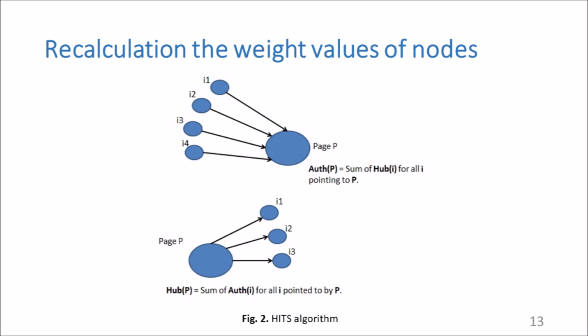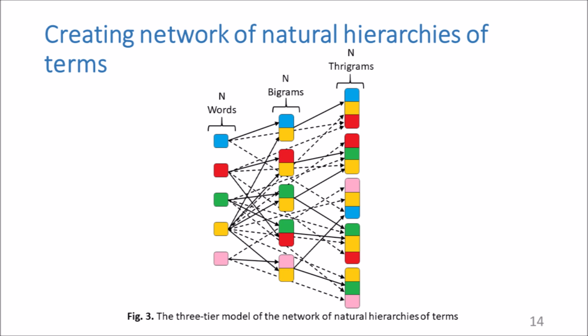The next step is to calculate the weight values corresponding to the terms in the compactified horizontal visibility graph. In this work, for this goal, the HITS algorithm was used. Figure 2 describes the main idea of this algorithm. Next, an expert method determines the required size, the number of nodes, of the created network of natural hierarchies of terms, and words, bigrams and trigrams which have the highest weight of the corresponding nodes in the compactified horizontal visibility graph according to the HITS algorithm are selected.